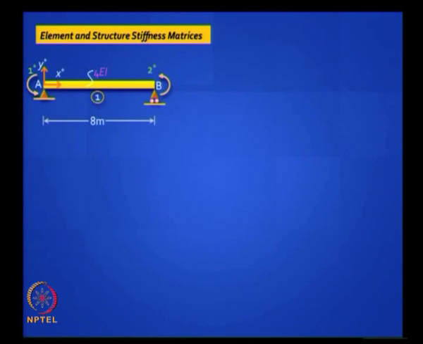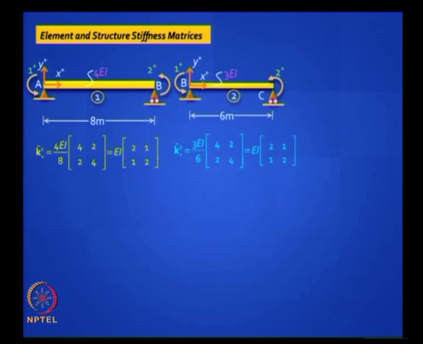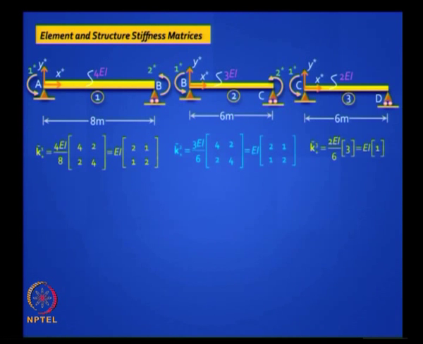Next, generate the element and structure stiffness matrices. This is easy, remember 4EI by L, 2EI by L. So put the right EI, in this case EI is 4EI in this problem, L is 8, so they are easy to write. Next element 3EI and L is 6. So you see it's very easy. Please write down for the third element, because third element is different. Yeah, there is only one, it is a 1 by 1 matrix.